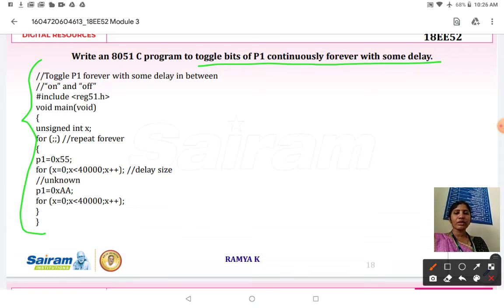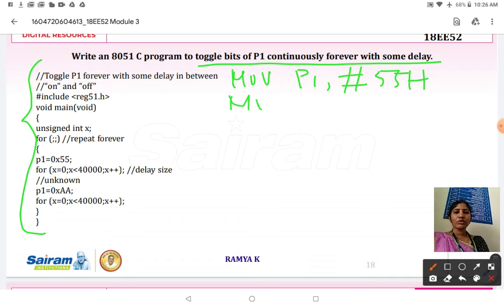First, I'm going to move P1, comma, hash 55H. You consider the first data I'm going to give is hash 55H. Next, move A comma P1, ACALL delay.